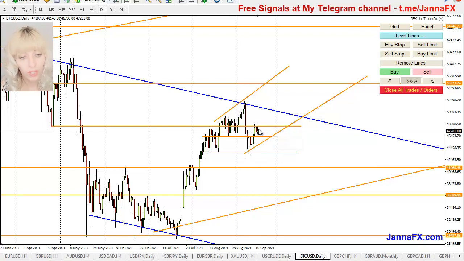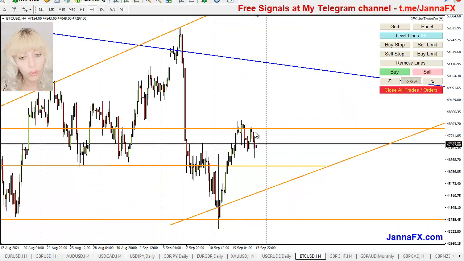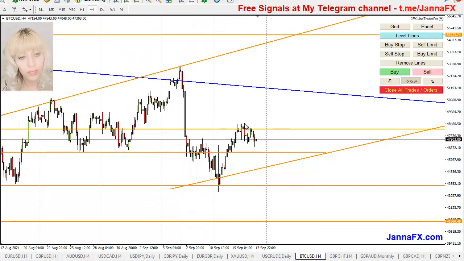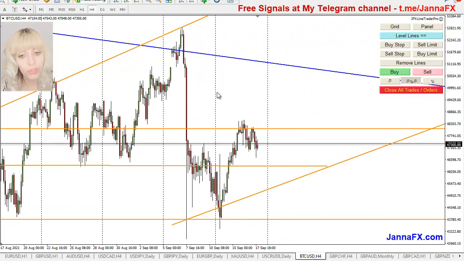So my possible entry points, if it will sit in here, I would look for placing the pending order buy from this level, maybe even right now here, because you see on the smaller time frames it's already sitting in and started to accumulate, and also starting to look like a little bit of a bullish flag. So quite possibly it can break that and go high, but just don't forget about this previous top, because that could be the shoulder, or use the Fibonacci levels and see where the 60 and 70 plus something is, which is roughly about this level. So that's why here I probably could look at placing the pending order buy, but not the sell.